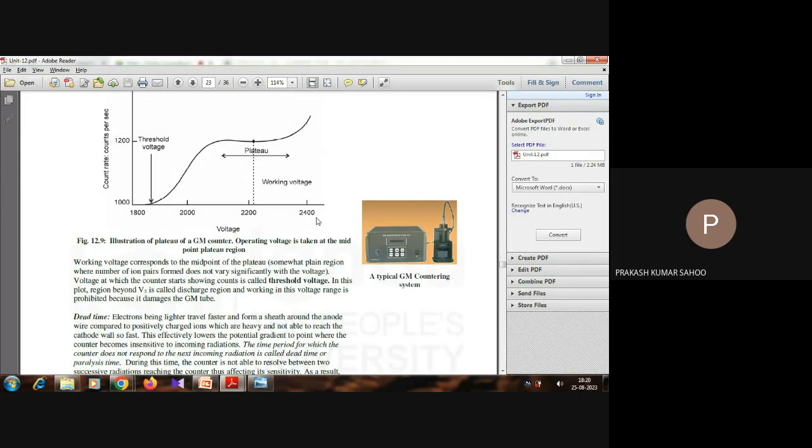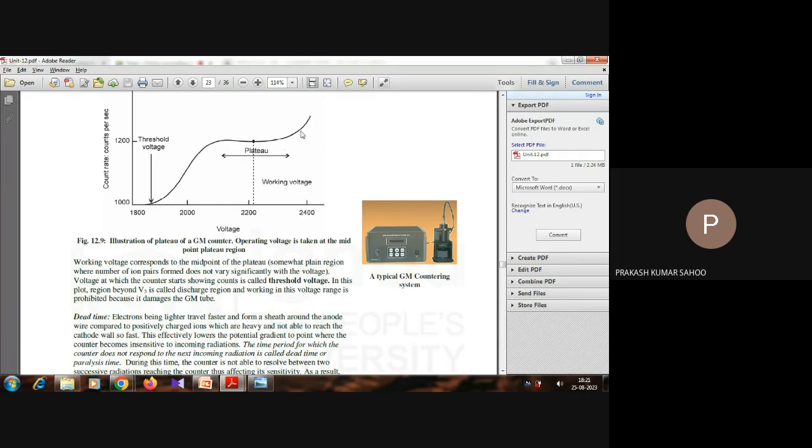to 2400. This is the working voltage, and there is a plateau here. We also have the threshold voltage, which starts from 1800, because the threshold voltage is the minimum voltage that must be applied to the radioactive substances to have radioactive disintegration. This differs for different radionuclides, but it is known as the threshold voltage, the starting voltage. So 1800 is the starting voltage in the GM counter, and it goes on,